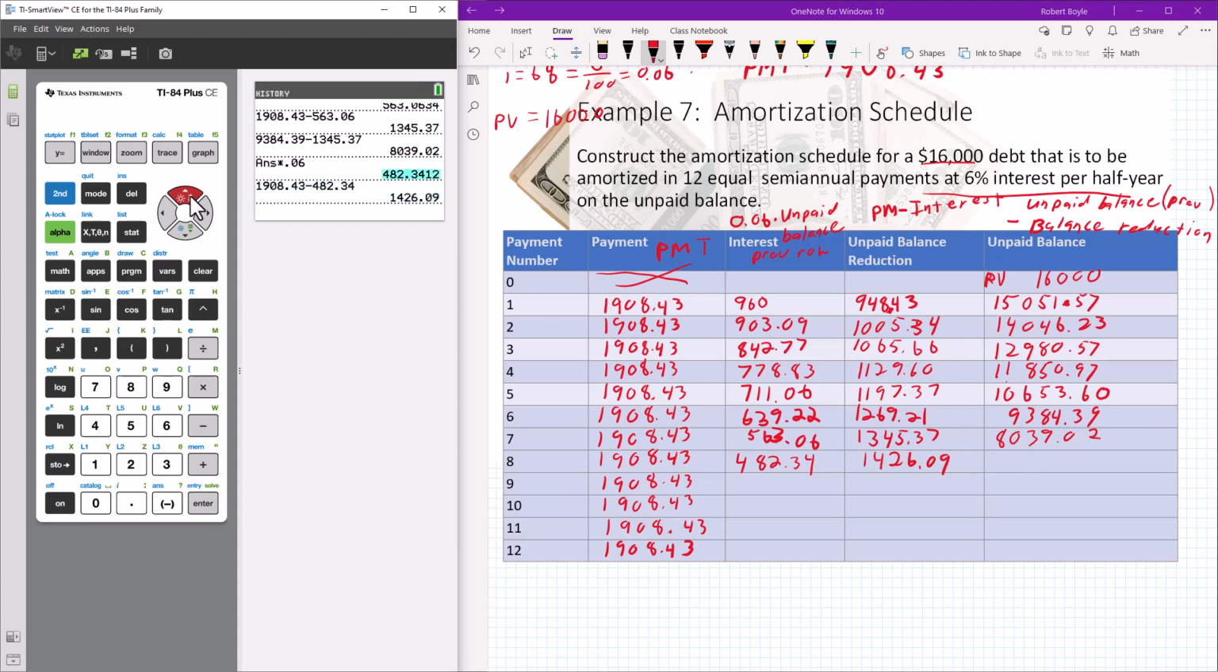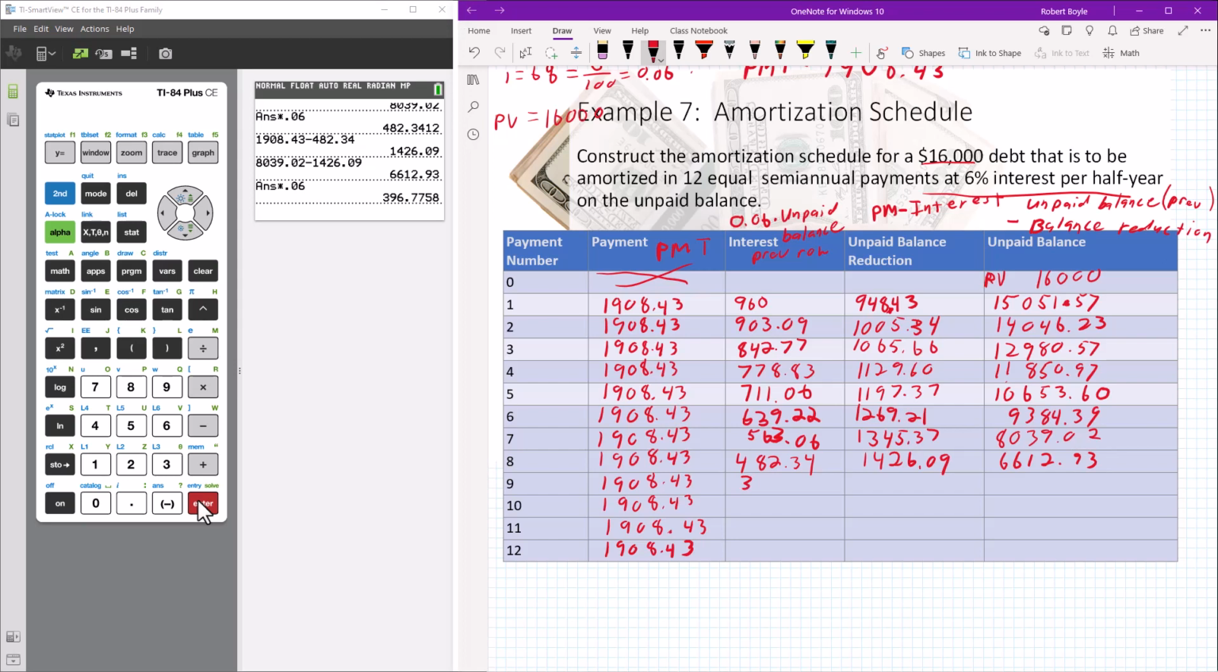So the new principal is going to be equal to the old principal minus the reduction, and that is $6,600, or $6,612.93. Multiply that by 0.06. That gives me, after rounding, $396.78. Okay, the amount that's going to go to balance is going to be